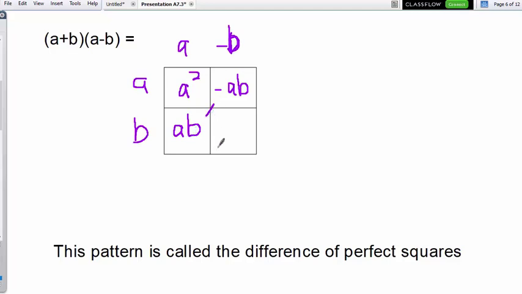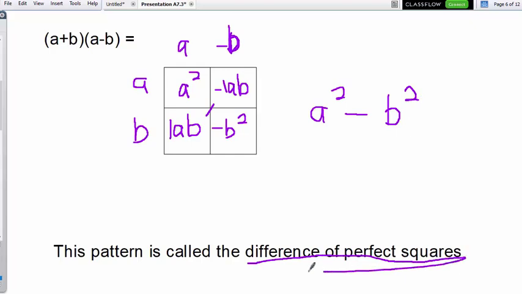Now these two are still going to go together, but something rather unique happens. Remembering that both of these have a 1 on them, 1AB minus AB cancels. I am left with a negative sign in between two perfect squares, which is why this is called the difference of